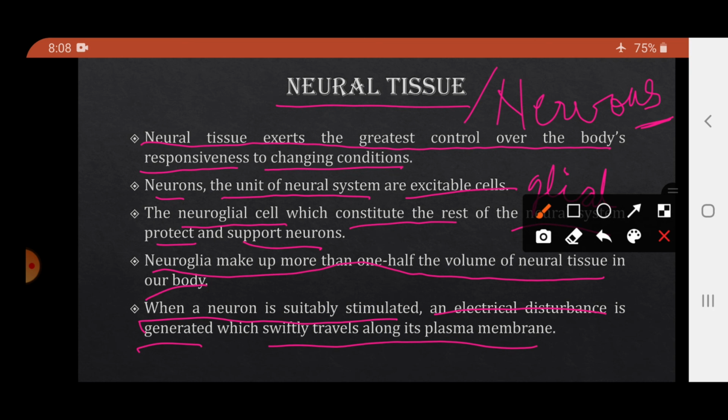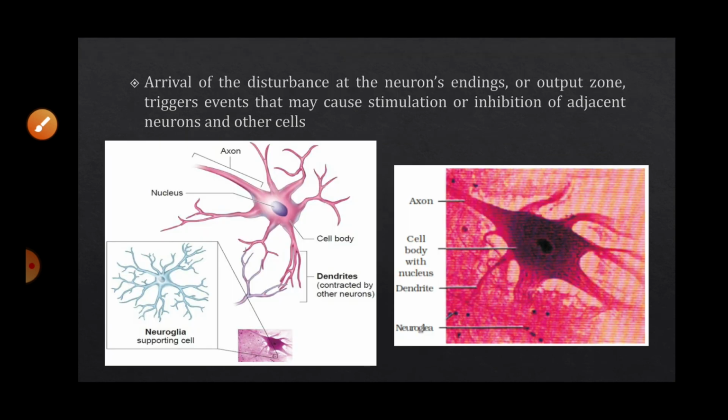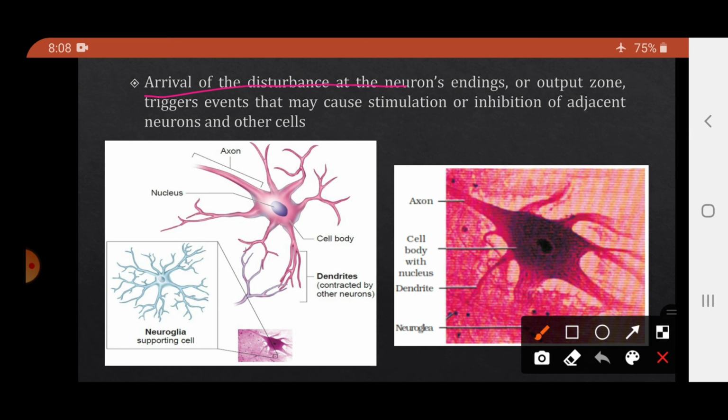By the stimulation of the neuron, electrical disturbance is generated, and this electrical disturbance travels as a wave very quickly across the plasma membrane. Arrival of the disturbance at the neuron's endings or output zone triggers the events that may cause the stimulation or inhibition of the adjacent neurons and other cells. Now neurons क्या करता है, मैसेज जनरेट करता है एंड वो मैसेज के हिसाब से अपनी बॉडी रिस्पॉन्ड करेंगी।